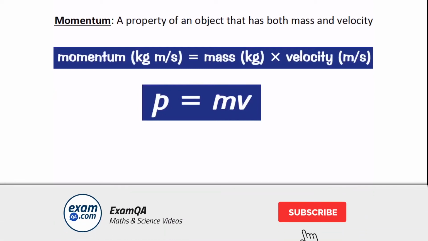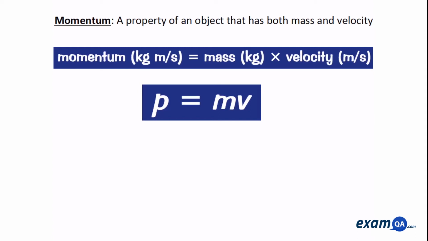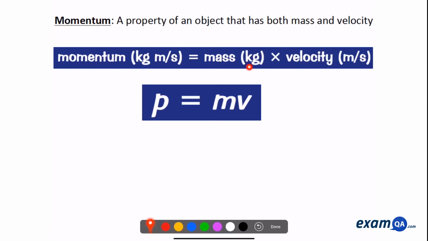Now, momentum. If they ask you to define momentum, the best way to do that is just put the equation. Momentum is equal to mass times velocity. Again, pay attention to the units. Mass is in kilograms, velocity is in meters per second. If you combine those two, you get kilograms meters per second, and that is